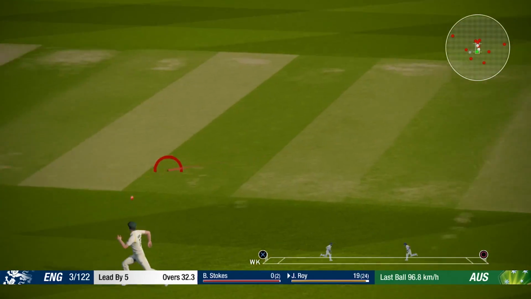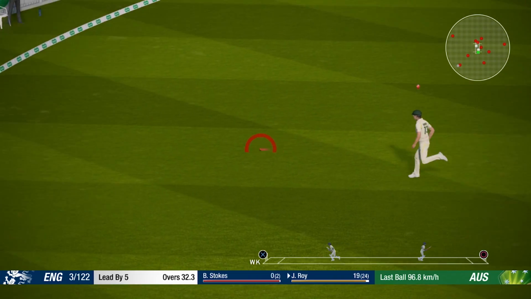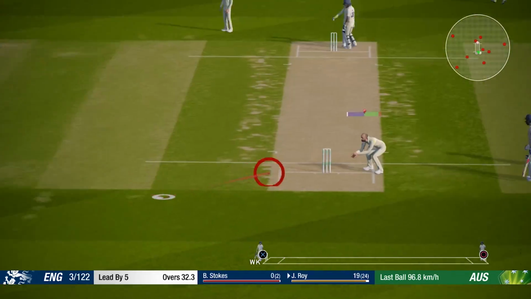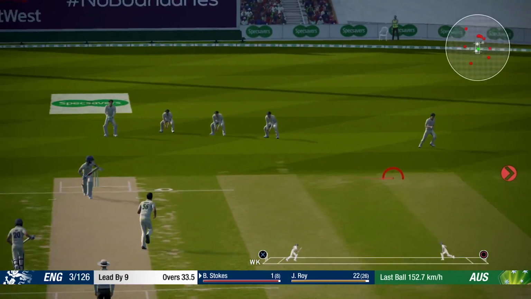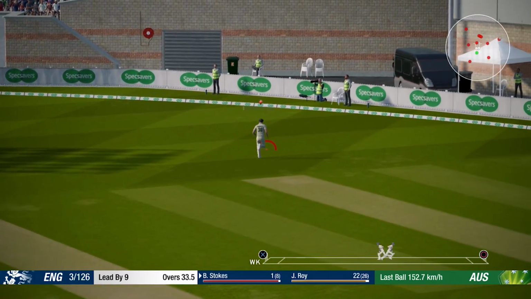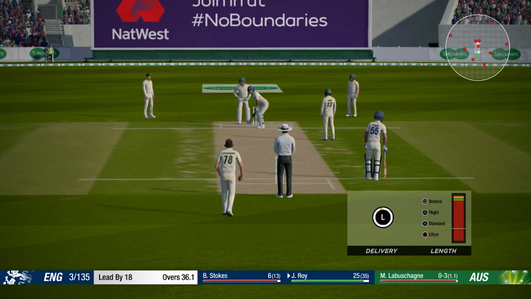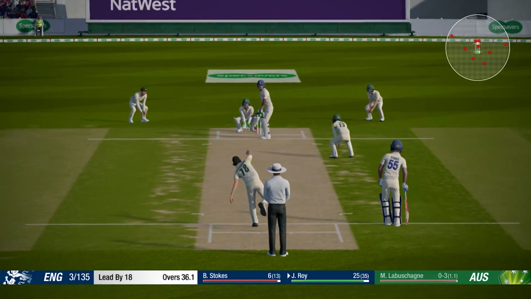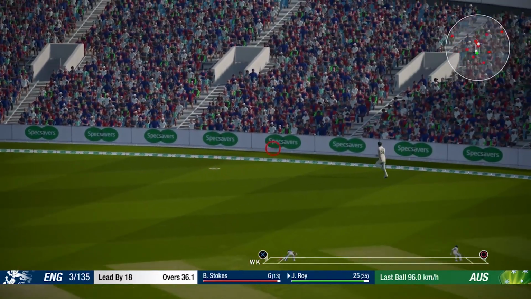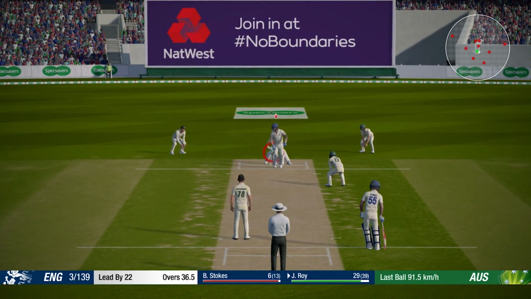Nathan Lyon going to bowl as we finish up this opening day. There has not been too many overs bowled. The Australian innings was only about 25 overs, and England only been at the crease for 34 overs so far. I think we've got time for maybe 2 more overs before the day's done. So rain has reduced the day. Australia giving Labuschagne a crack with the ball. Jason Roy pretty happy with that. He's able to tuck it away. The boundary for 4.